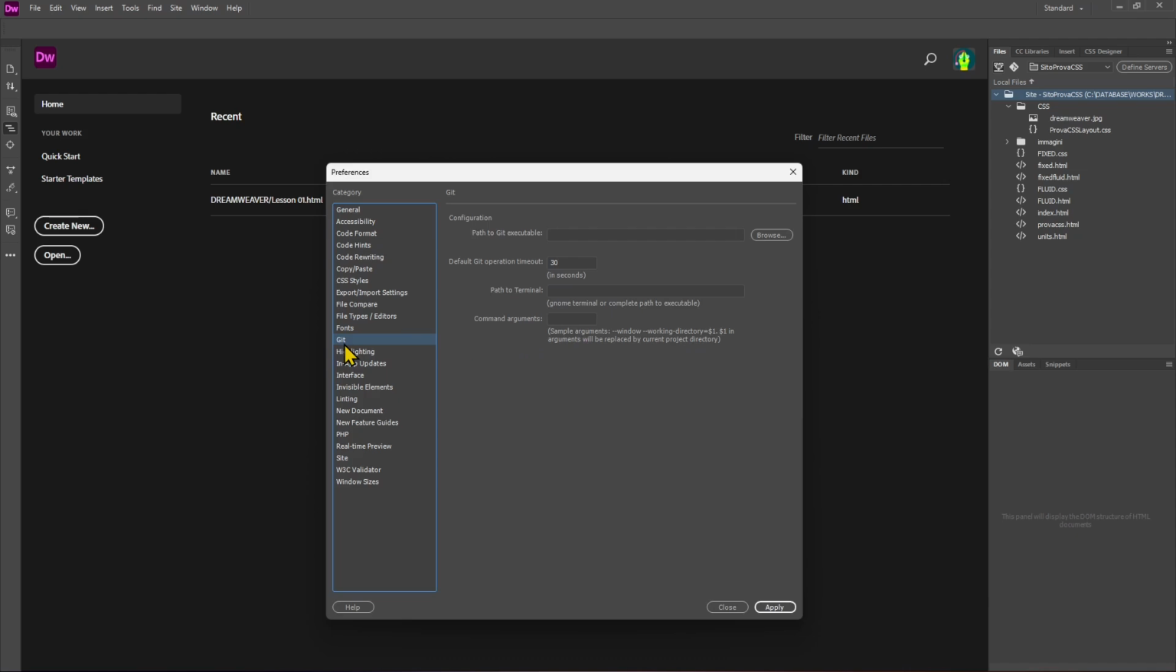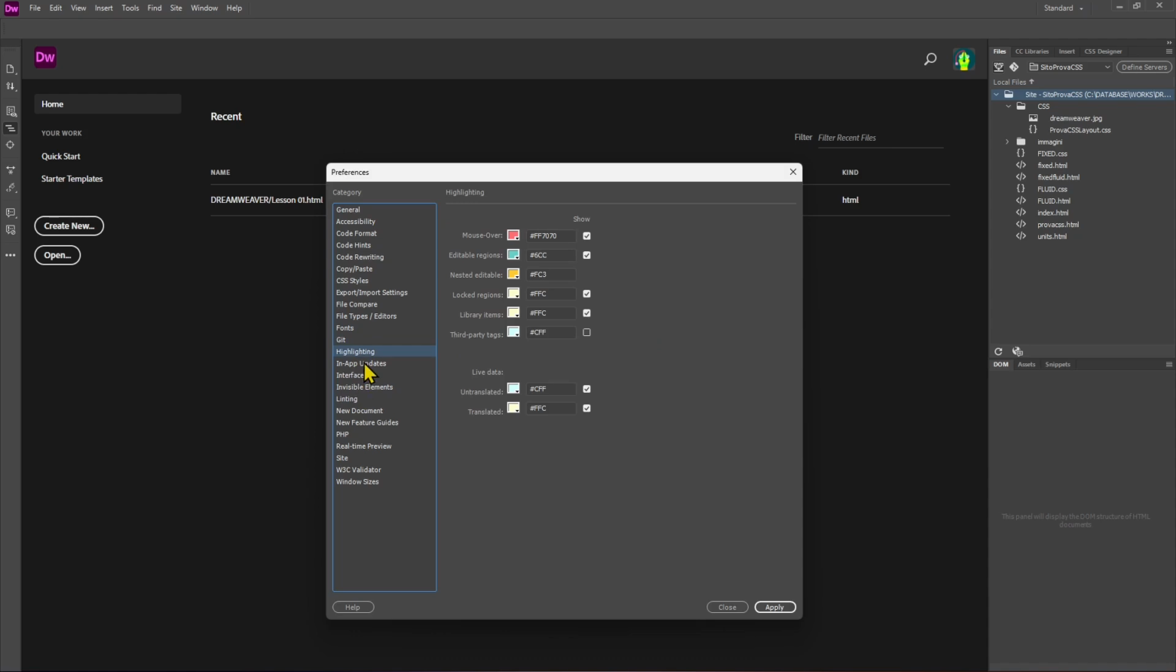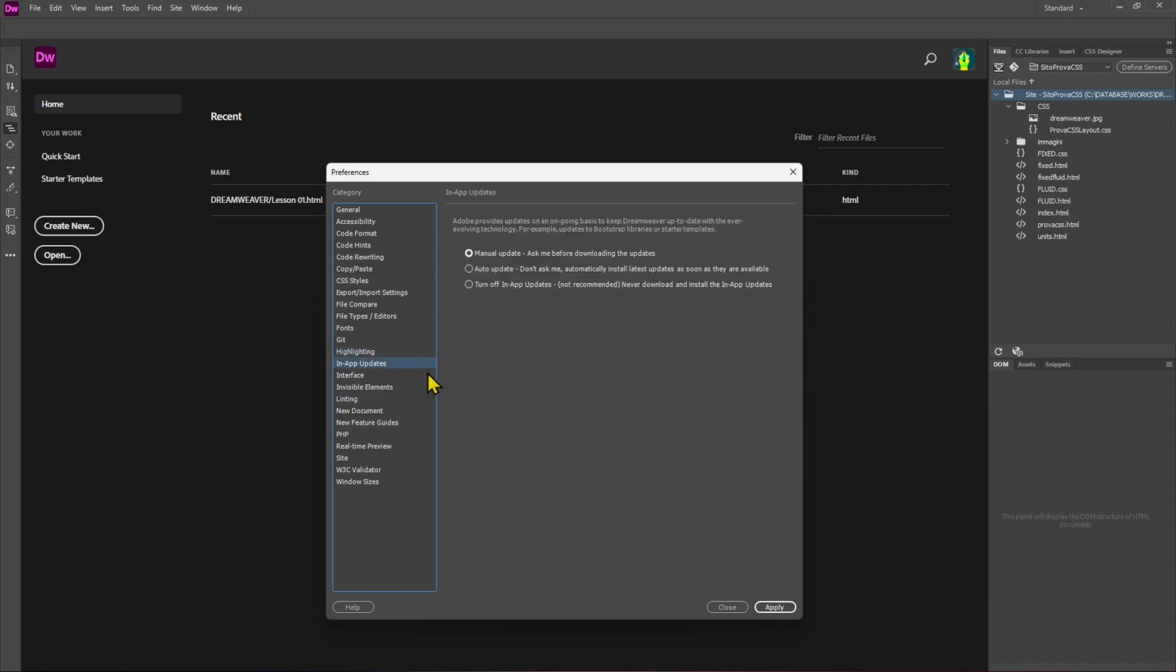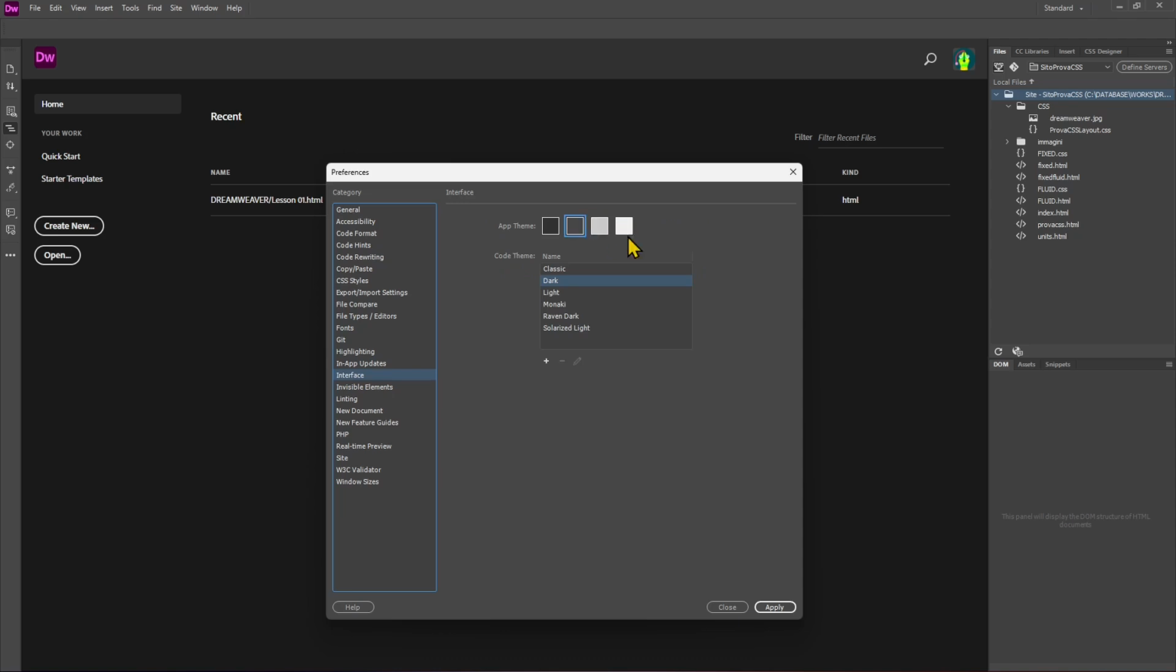Git, now this is a little bit more complex. This is for collaborating with other people. So especially if you are a programmer and you want to work on the same app or the same website or web app, you can probably use Git. Highlighting, so this is where you define the colors for things that work in the interface. And also if you want to manually update or auto update the software. Interface, this is where you can change the color. So I'm going to go with a dark color, not too dark, but pretty dark, because it's more relaxing for me, for the eyes. And you can also apply more, and you can also